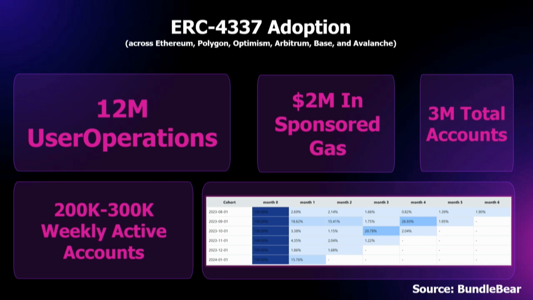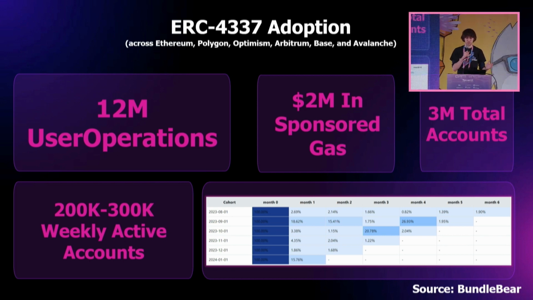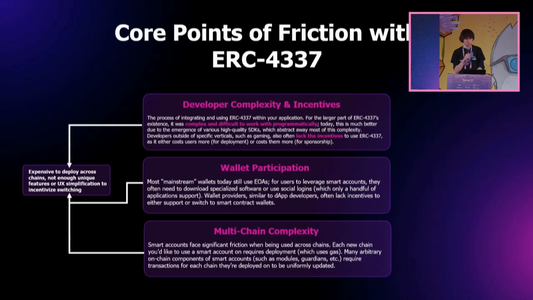Now, if you look into account retention, which I believe John Rising from StackUp posted about a few months ago, the account retention with smart accounts specifically is pretty low depending on what month you're looking at. As you can see here, it drops off pretty considerably from month 1 to month 2, and eventually, starting at month 6 with early 2023, about 1% retention, or I guess about 2%. There's definitely some work to be done in this sense. So this is something to note as well regarding the actual state of adoption with ERC-4337.